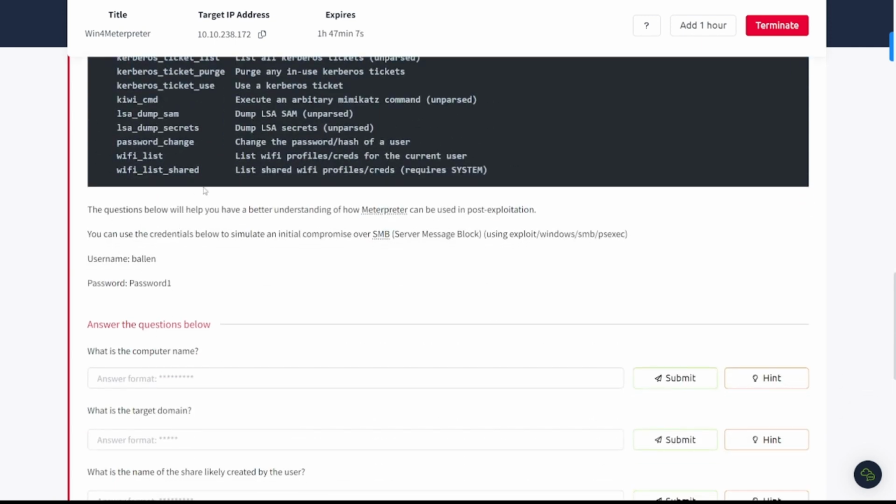The questions below will help you have a better understanding of how Meterpreter can be used in post-exploitation. You can use the credentials below to simulate an initial compromise over SMB, which is server message block, using exploit